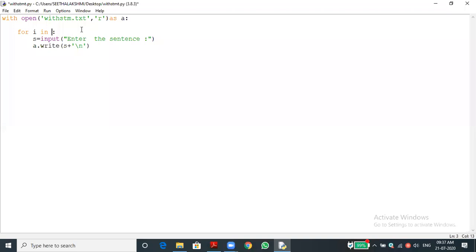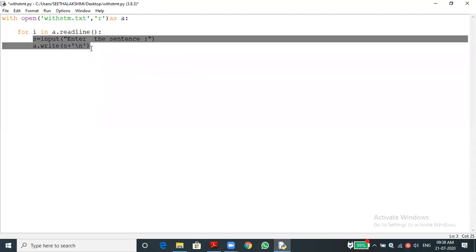Sir, can you use functions such as readline or readlines? A dot, what is the file object, a dot readline. Okay, the readline function we are using. Then we want to print that, isn't it?